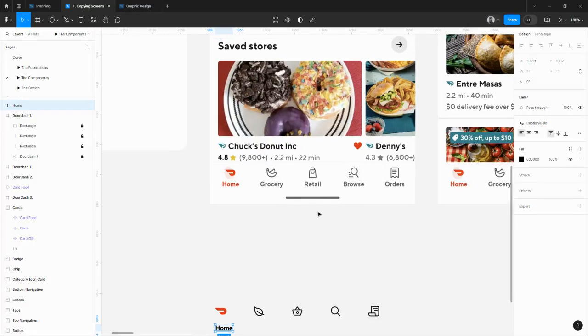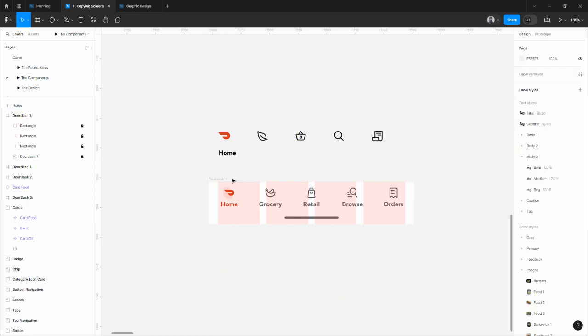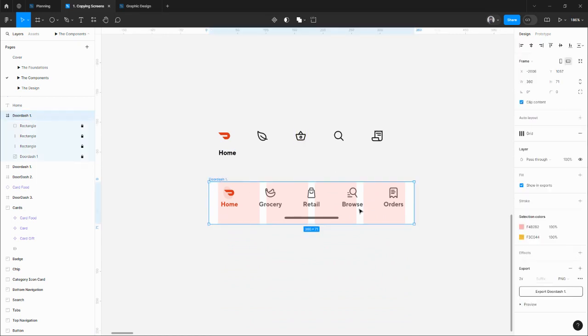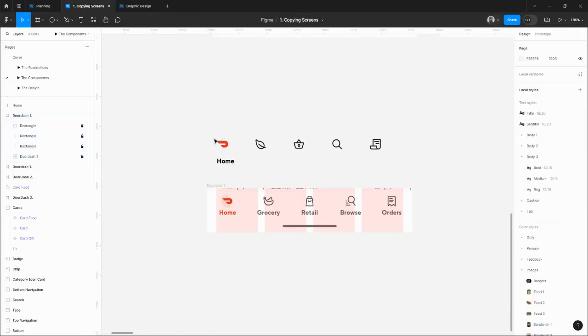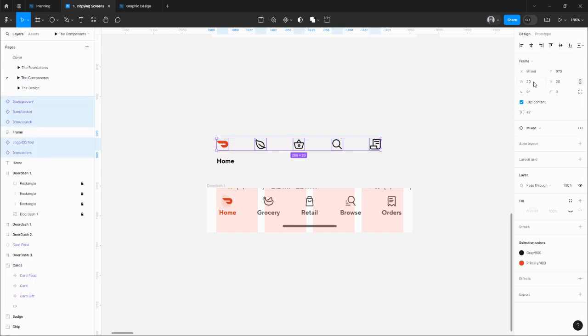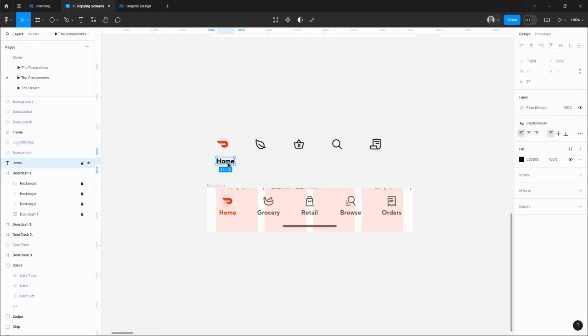Hey everyone, so in this video we are going to make this bottom navigation. What I have done is I have cropped the screen to the size I need, like this. And I have brought all the components using the asset panel right here, and I have resized them into 20 by 20 instead of 24 by 24 because they are using 20 by 20 icons. Now I've added the text and applied the caption bold because this is the size it is being used